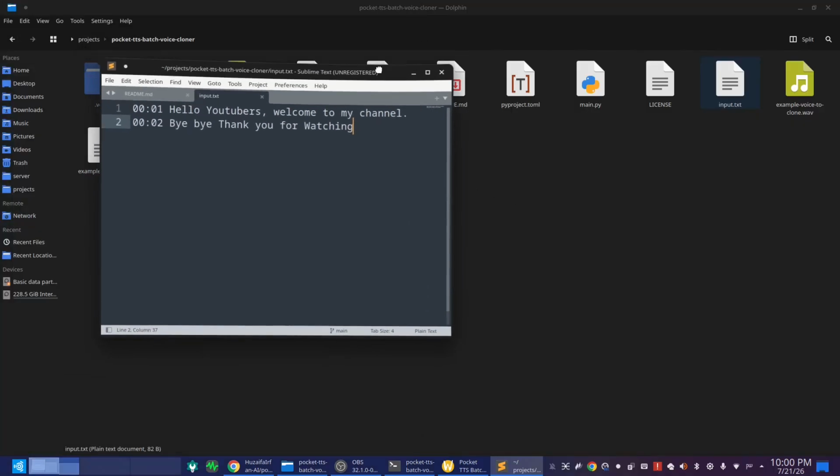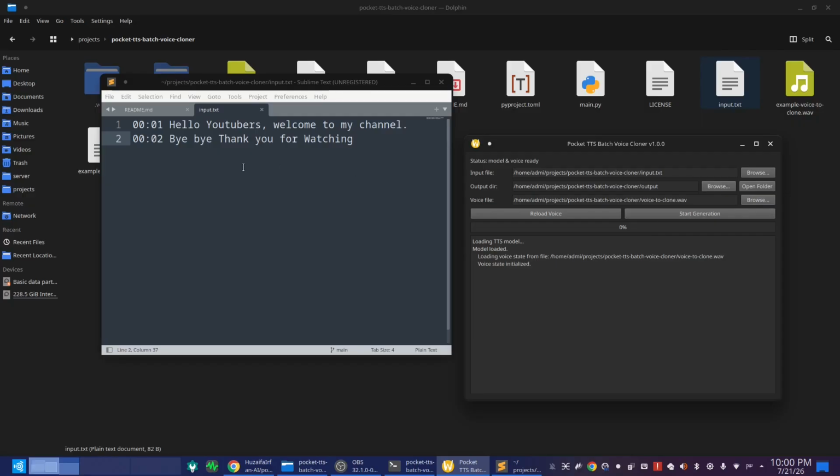You can edit input TXT according to this format for it to work: time, location, and text for speech generation.